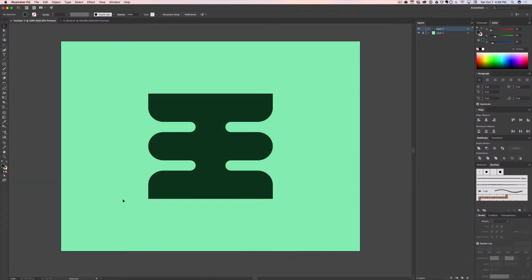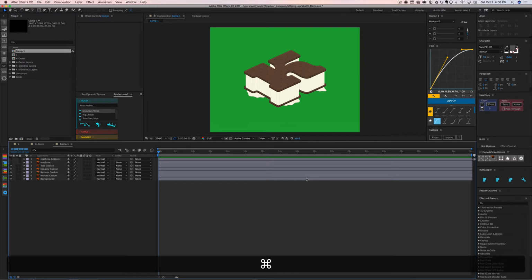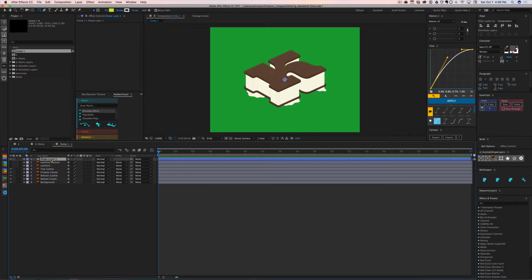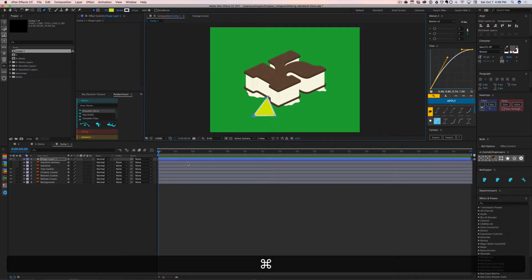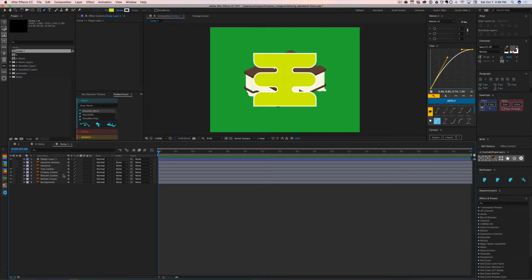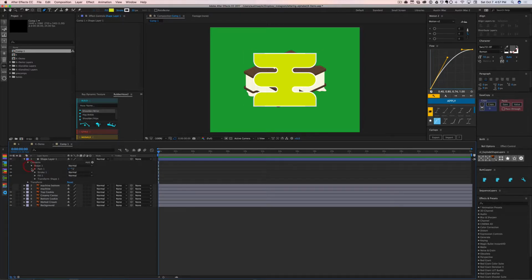You just need to be one shape inside of your animation. So here's how you do it. Hit A to bring up the direct select tool. Select everything that you want copied. Go to After Effects, and you're going to need to put it somewhere. So you put it on a shape layer. And here's the tricky part. You need to draw a shape, and it literally doesn't matter what the shape is. Just draw a shape, and now hit Command V to paste. Boom. Your shape is now living on its own layer inside of After Effects,